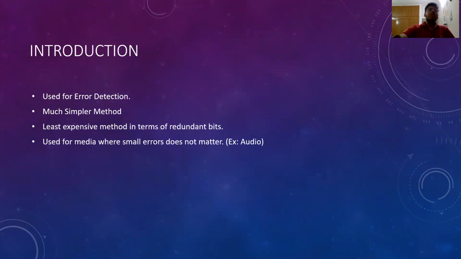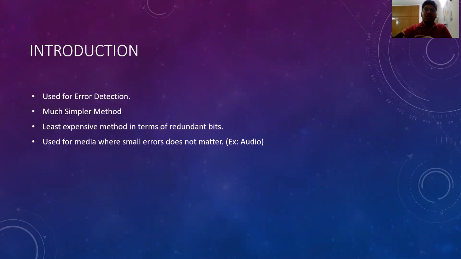So let's start. Basically it's an error detection method. There are a lot of error detection methods like CRC, checksum, and this is one of them. So what are these error detection methods used for? Suppose there is a message and the message is sent from the sender to the receiver. But how does the receiver know that the message is correct or not, if there is any loss of data or not? So this error detection method is used to help the receiver to know if the message sent from the sender is correct, is totally fine without any errors or not.